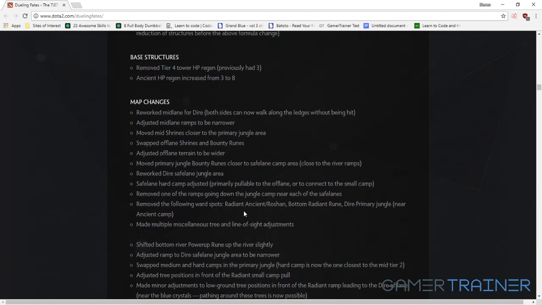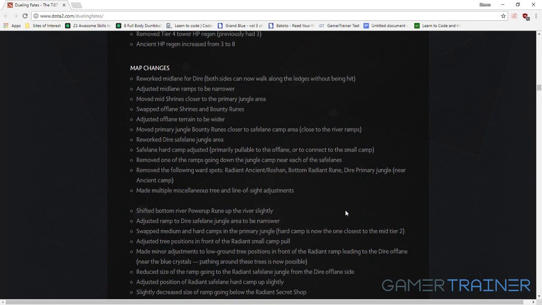Remove the following ward spots: Radiant Ancient Roshan. Don't even know what they're referring to. Bottom Radiant Rune. Dire primary jungle near Ancient Camp. Added multiple miscellaneous tree and line of sight adjustments. Okay, I actually have to go in the client to see some of these things. I don't even know where they're referring to. I have an idea of where they're talking about, but...